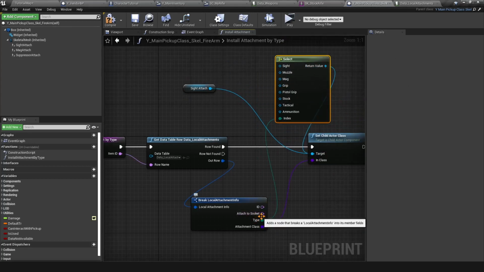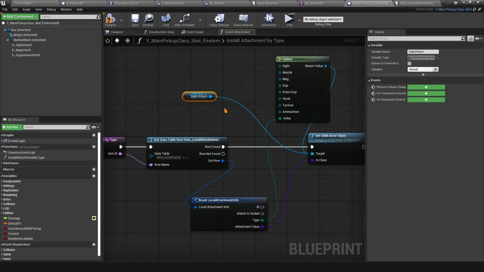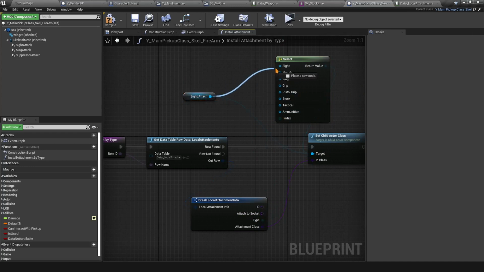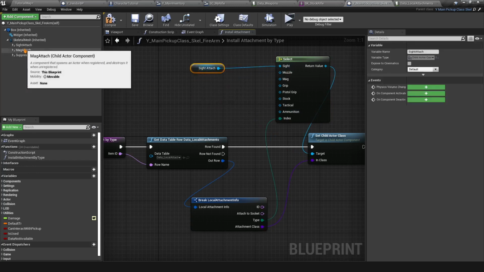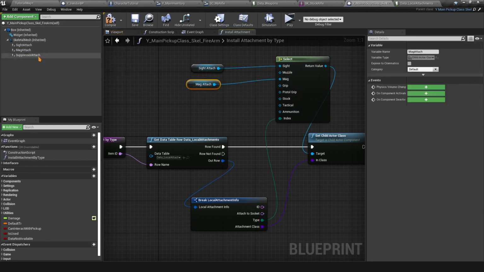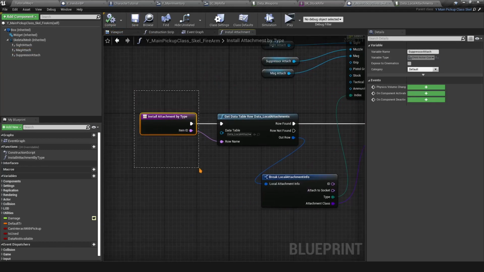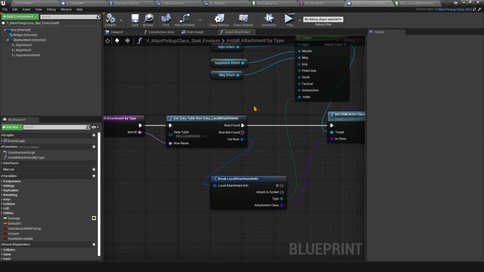When you put the type there, it's going to give you the options. So of course we're going to put the site there like that. We don't have all of them, but we have the mag here, and we have the suppressor here on the muzzle. So now it's just a matter of calling this function to install the attachment,